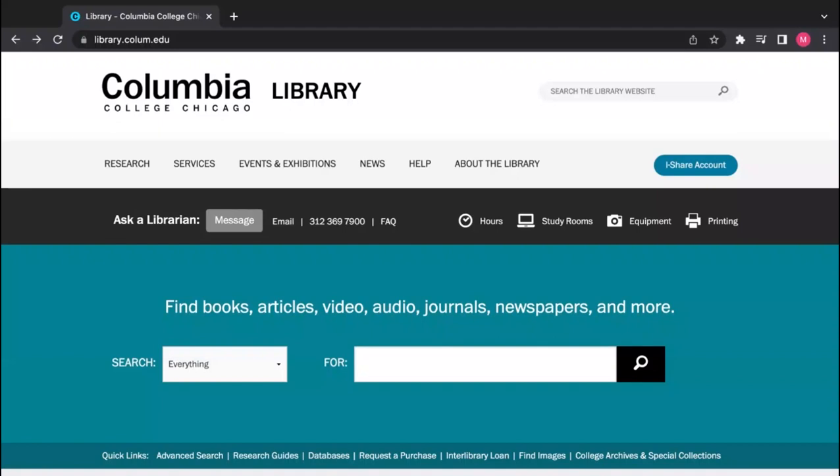My name is Matthew Bird, and today we're going to go over how to use the Access World News database at the Columbia College Chicago Library website. Access World News is a great database to use in order to find sources from things like newspapers, journals, periodicals,